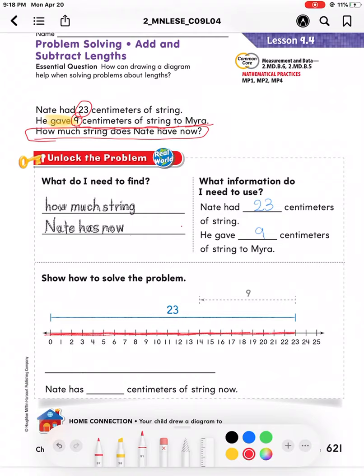Then he decided to give 9 centimeters of string to Myra. So what are we going to do now? We are going to count back 9, so we can say, this is the part that was given to Myra. So let's go back. You will start from here. Now 1, 2,